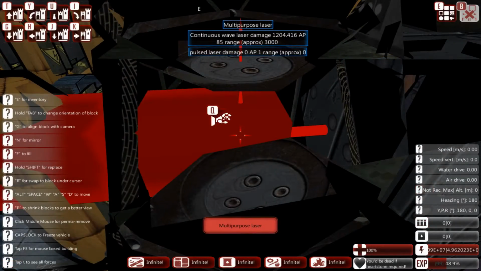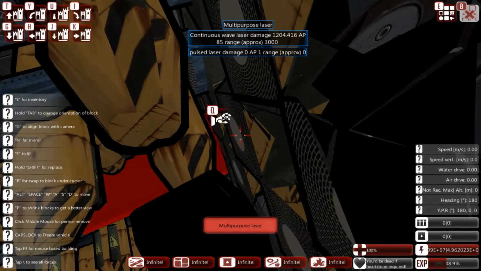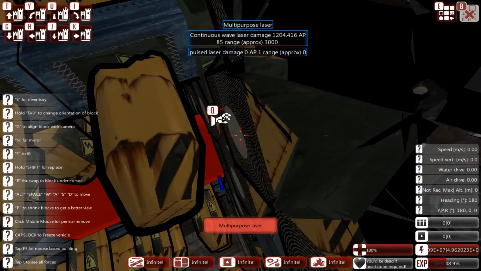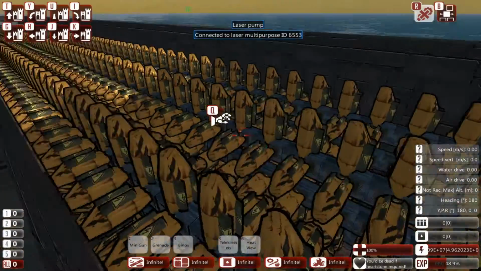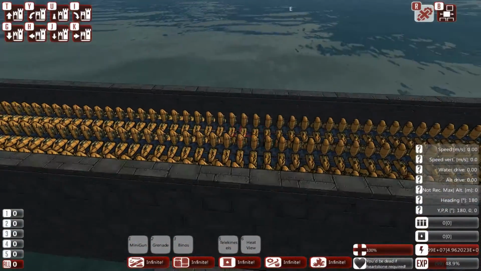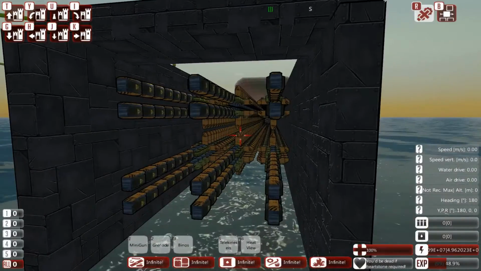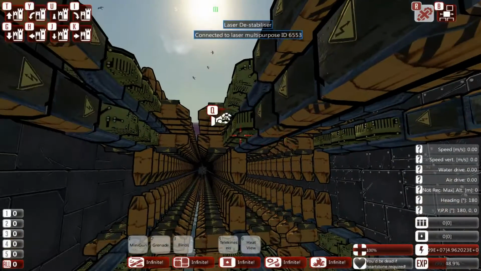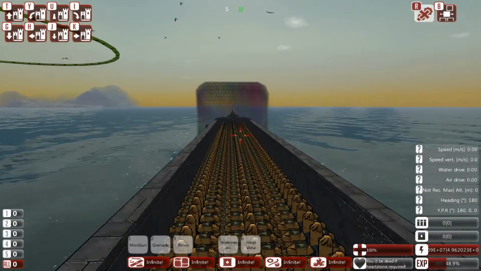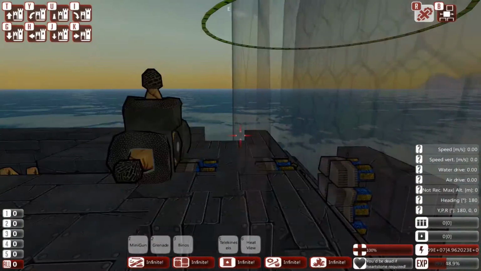Okay, we're back with the final test. And I built something silly. It's got 85 AP. It does 1200 damage with a range of 3000. And it's big. I put on like 6 of the other things. No, hold on. We're up to 2, 4, 6, 8, 10, 12 combiners compared to the original 1. So this, I would bloody hope...